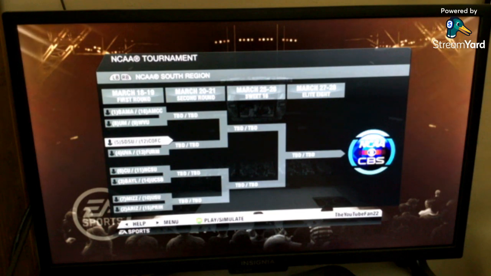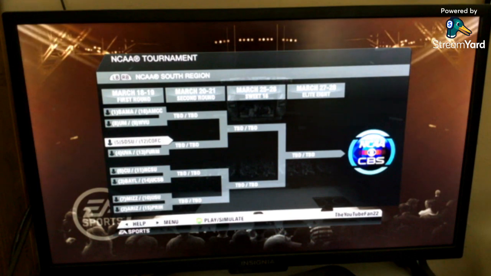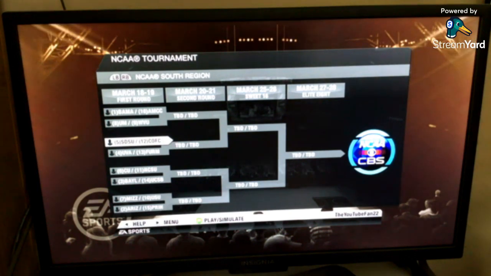And Arizona versus Princeton. That's the South region. I don't have it up on the screen right now, but the East region goes like this: Purdue versus Texas Southern, Mississippi, Memphis versus Florida Atlantic, Duke versus ORU, Tennessee versus Louisiana, Kentucky versus Providence, Kansas State versus Montana State, Michigan State versus USC, Marquette versus Vermont.